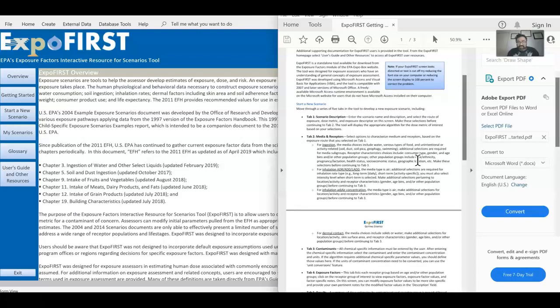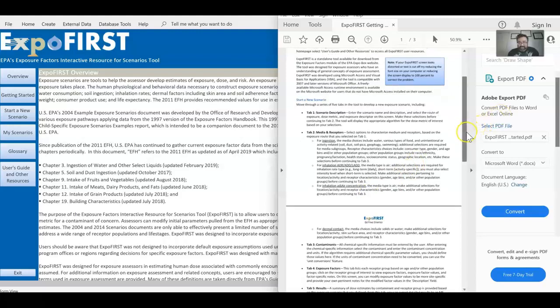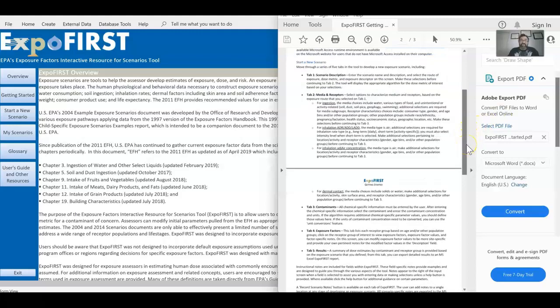So tab 2 and tab 3 are the media and receptors and the contaminants. And this is where the vast majority of the information will be. And then the exposure factors you have to take into consideration in tab 4, and then tab 5 is results. So pretty straightforward. Just keep these in the back of your mind, and then now we're going to actually